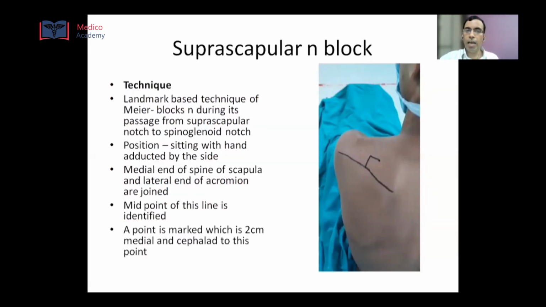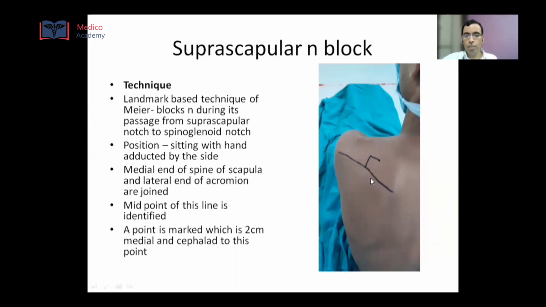For giving landmark guided suprascapular nerve block, the patient is placed in a sitting position. This nerve is blocked during its passage through the suprascapular notch to the spinoglenoid notch. The patient's hand is adducted by his side. The medial end of the spine of scapula and the lateral end of acromion are joined together by a